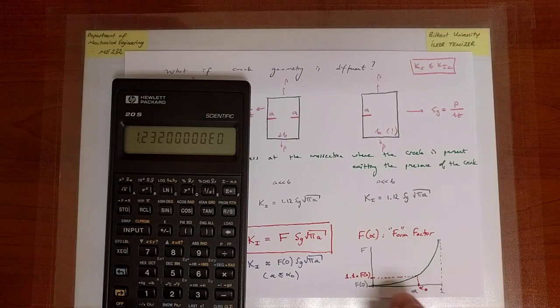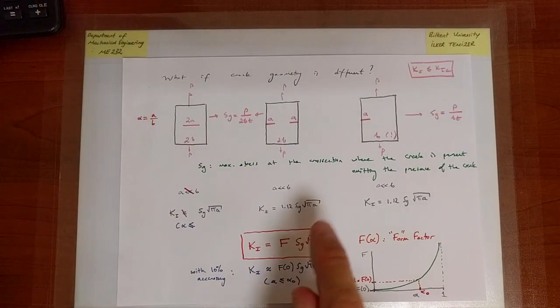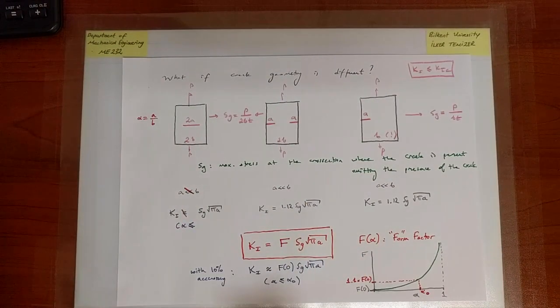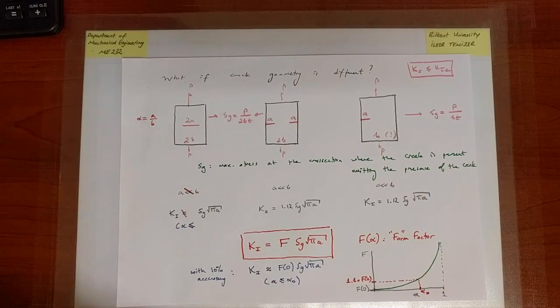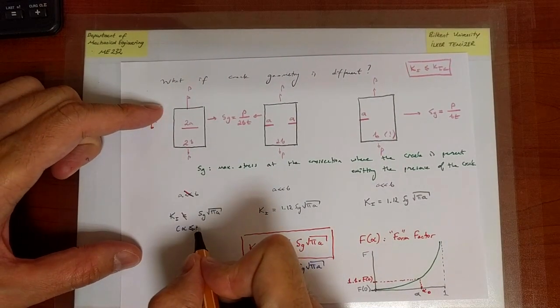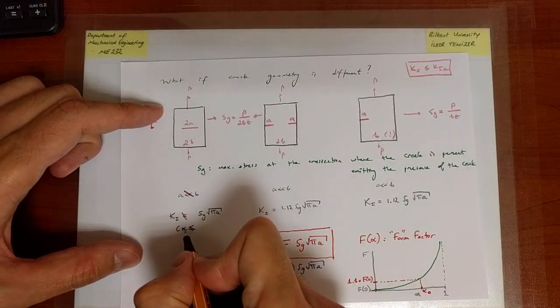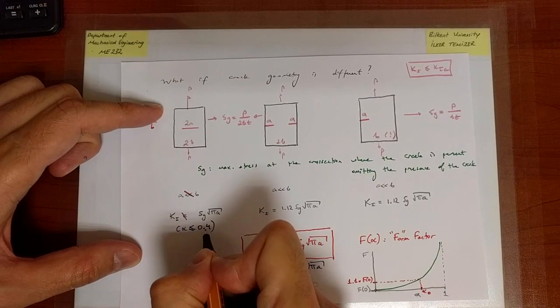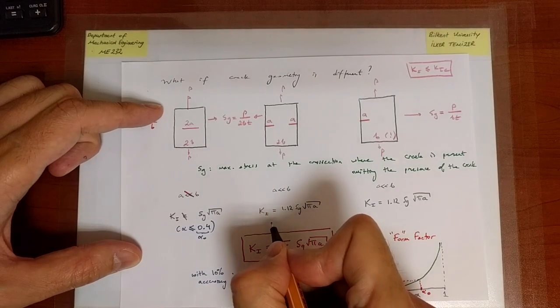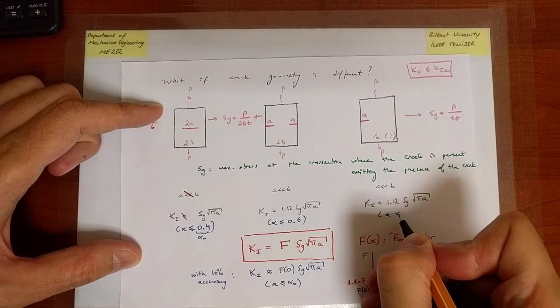of alpha 0 from this green line. That green line depends on the case that I'm looking at. I'm going to give you an example shortly for the exact form of f. I go ahead and do this check, and if this check works, then I can use the blue equation instead of the red equation with 10% accuracy. So the value of alpha 0 depends on the green line, which depends on the case I'm looking at. It turns out the value of alpha 0 for this scenario is equal to 0.4. So that's alpha 0. In this case, it is equal to 0.6. And in this case, it is equal to